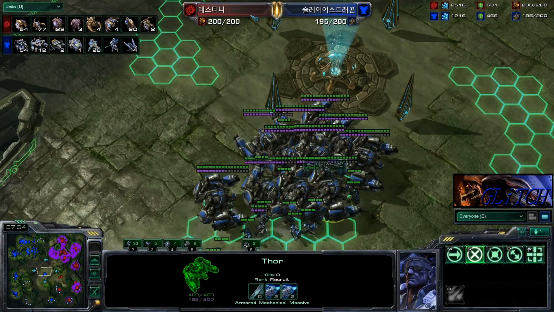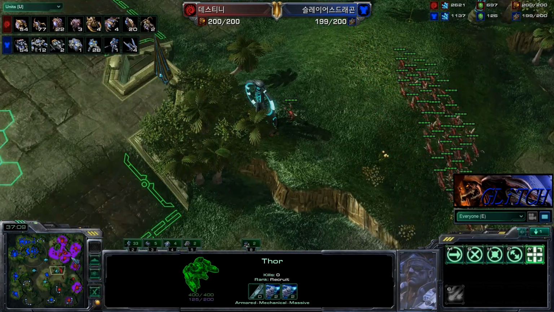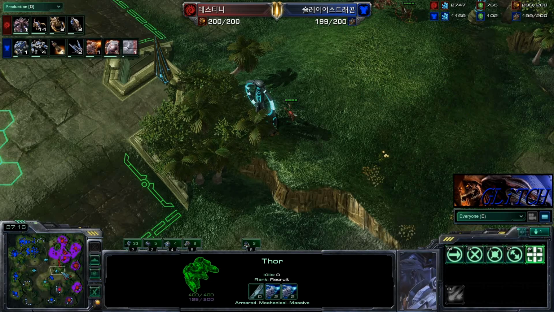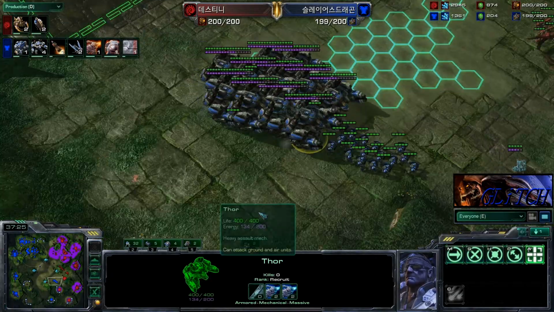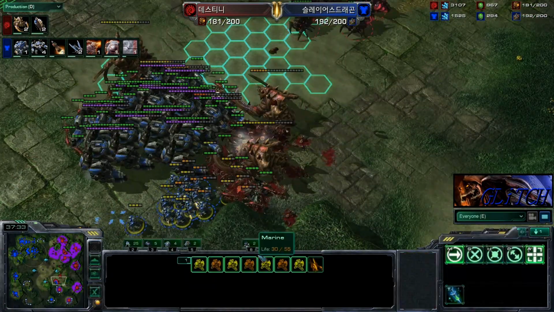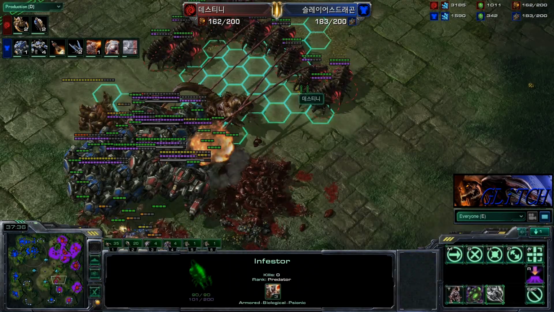Still maxed at 200. If we check out the units counting station, we can see that there are 20 Infestors on the field right now for Destiny, and looks like he's going to have to be very careful as this big attack of Thors is now moving in here for Dragon. Dragon actually stimming in quite a lot of his Marines now, moving in. Thor's trying to stay at the front, trying to take as much damage as he can, but holy cow,